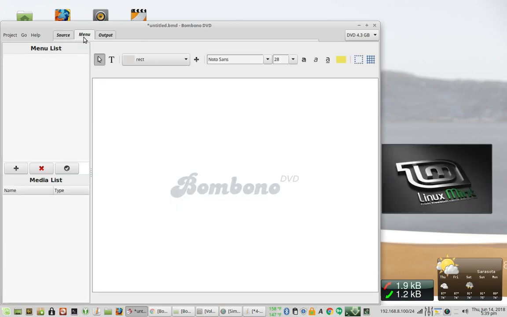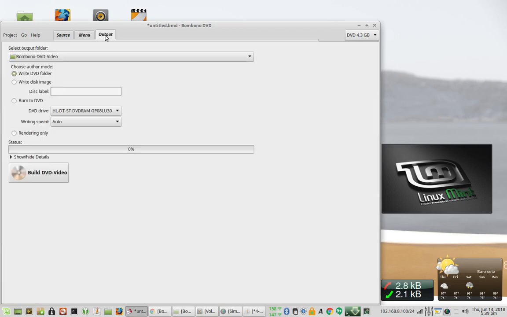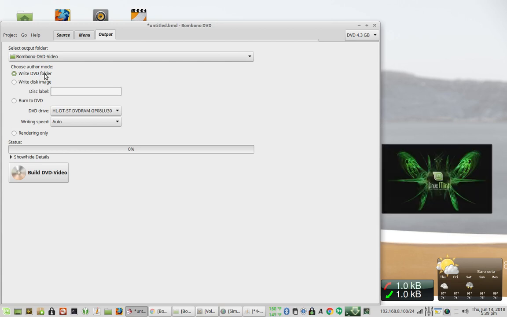There's a menu button, which is where you design and control how your DVD project's going to look. And then there's an output, which is how you create the DVD. And it's got some excellent features there. For instance, instead of going through burning up a bunch of discs, not sure if they're going to do what I want, you could just write it to a DVD folder, or you could write it to a disk image. I usually select the disk image